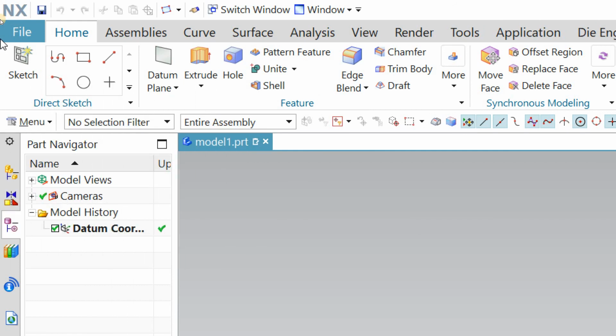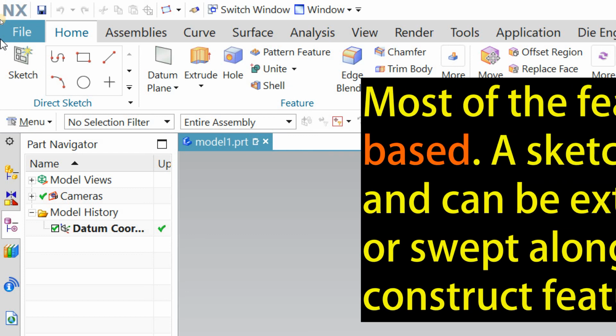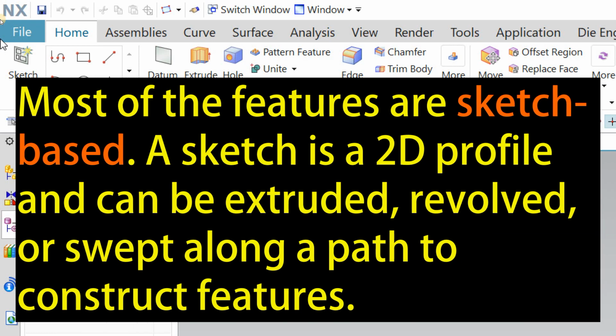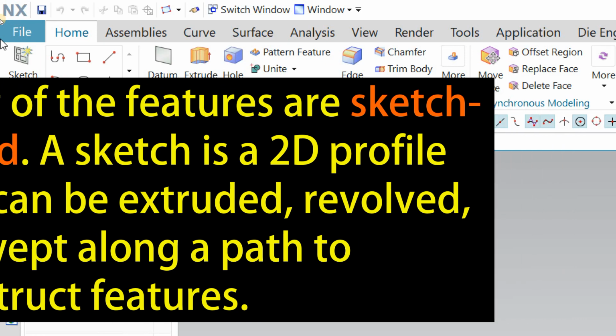And you can modify these shapes individually, and the impact will go on the main assembly or main part. As well as, most of the features are sketch based. A sketch is a 2D profile and can be extruded, revolved, or swept along a path to construct a feature. So I think you have got it.